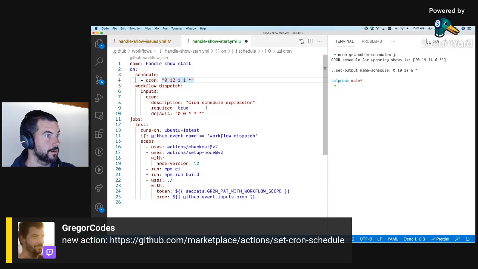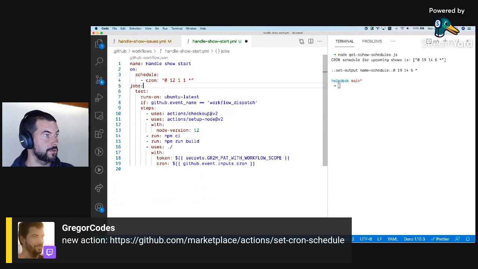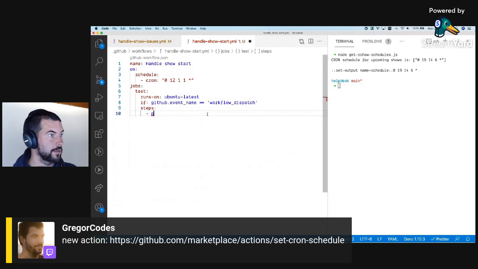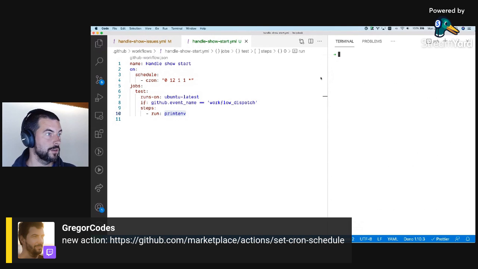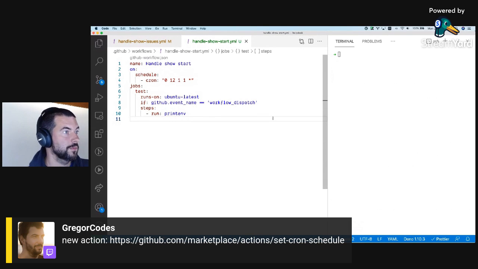Doesn't matter what's in there right now. And then let's just run and print. I think like there is this command on Ubuntu and Unix systems to just log out environment variables. Okay.